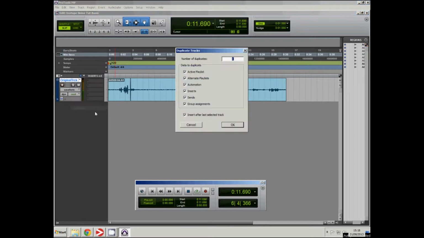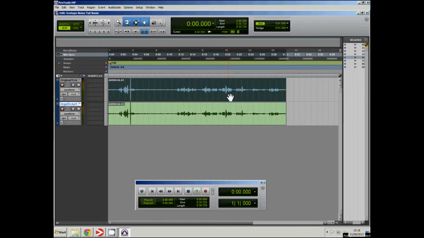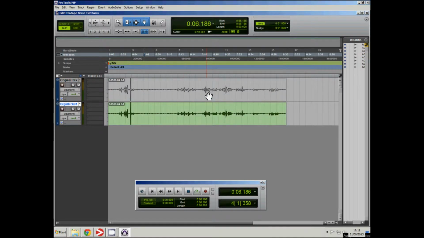First thing to do, duplicate the track. Mute the track above. Now that was Control and M on a PC, I think Command and M on a Mac. It basically gives us a reference track. Make sure that we have how it sounded originally to hand, and also in case we do anything too drastic with this file that we've got the backup there. So there we go. So I'm just going to boot up Izotope now,